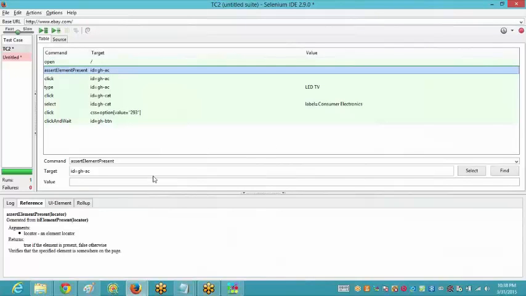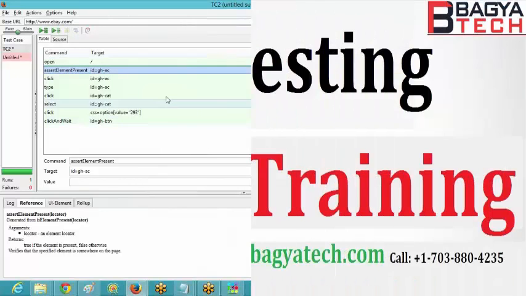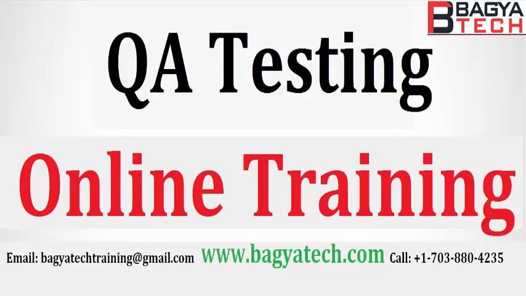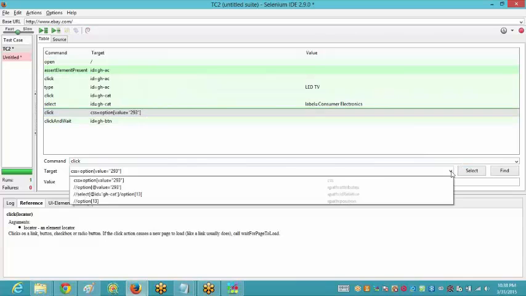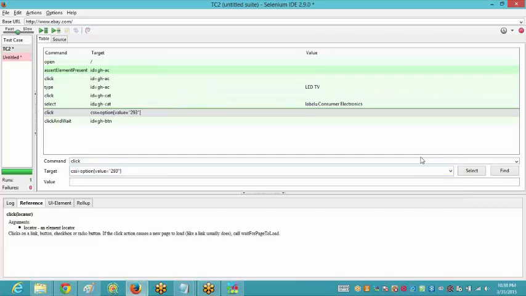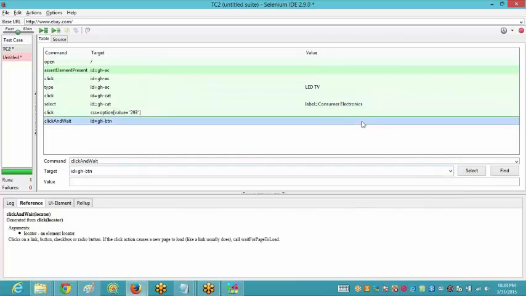whenever you are recording the steps and the script is generated over here, then according to those steps all the locators are captured. See over here, you were clicking on the search button at last, right?